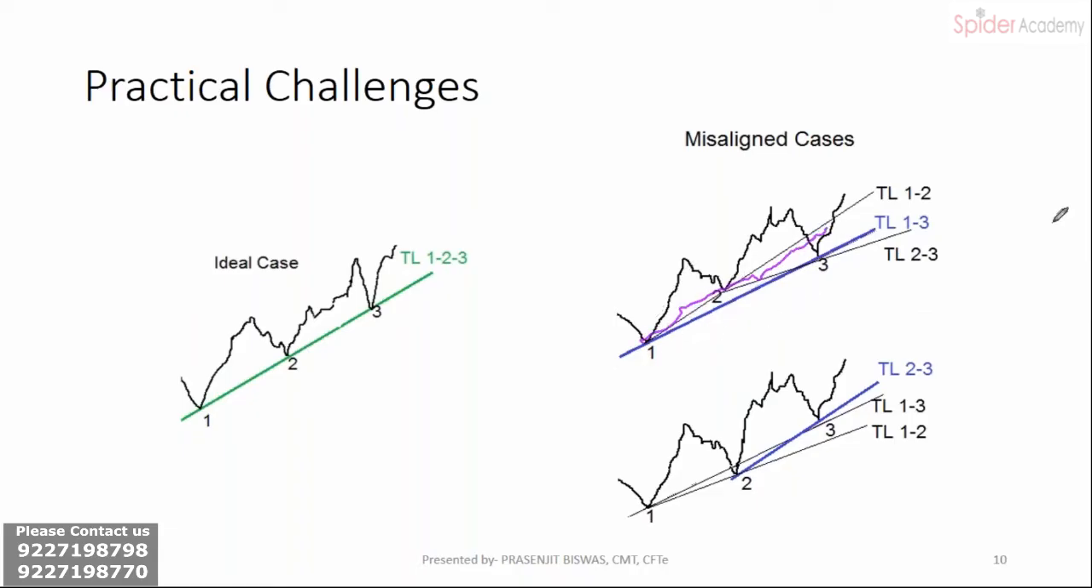Now in this particular case, if you are drawing in this fashion, then there is a breakdown at this point, and after that it makes a low at point 3, and then there is a sharp bounce in the prices, right? So now how do you define the present trend? In this case, the answer is that you should be looking at the trend line joining 1 and 3,